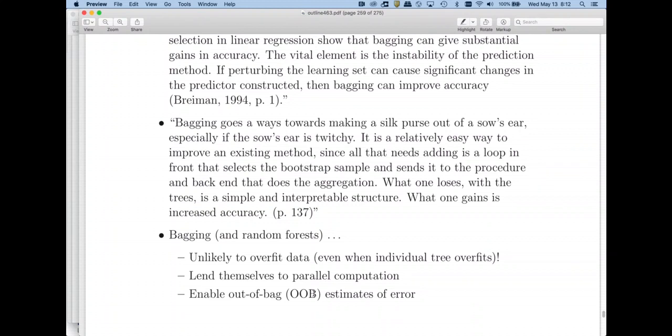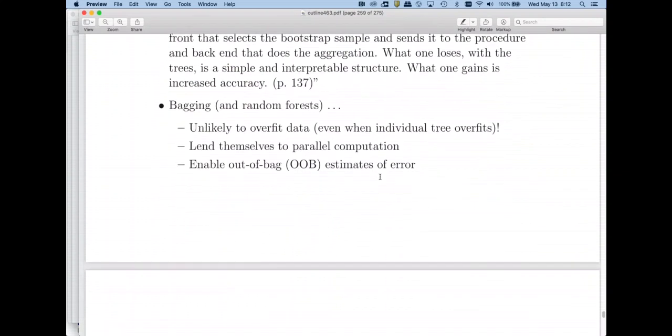If you're going to do 10-fold cross-validation, you've got to build your model 10 times and apply it to the test set and all that. But what we're going to see is that using either bagging or random forests, we'll essentially get one of these honest estimates of prediction error for free. Okay, so it's going to come with the procedure. So these are really major